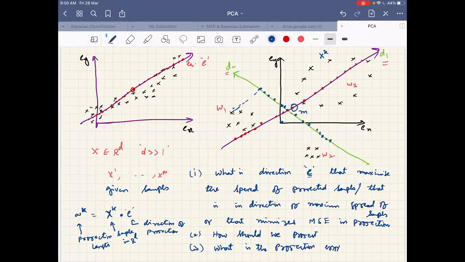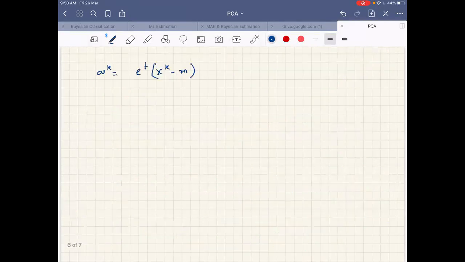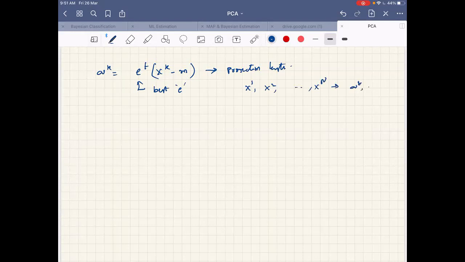Then AK is equal to E transpose into (XK minus M). This is how I got the projection length. Now I want to find the best E, for which all samples x1, x2 up to xn, if I project and get A1, A2 up to AN, I will have minimum reconstruction error.